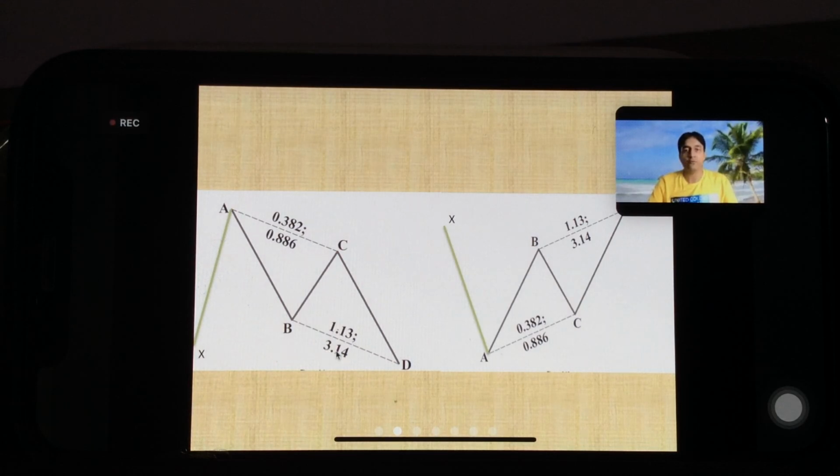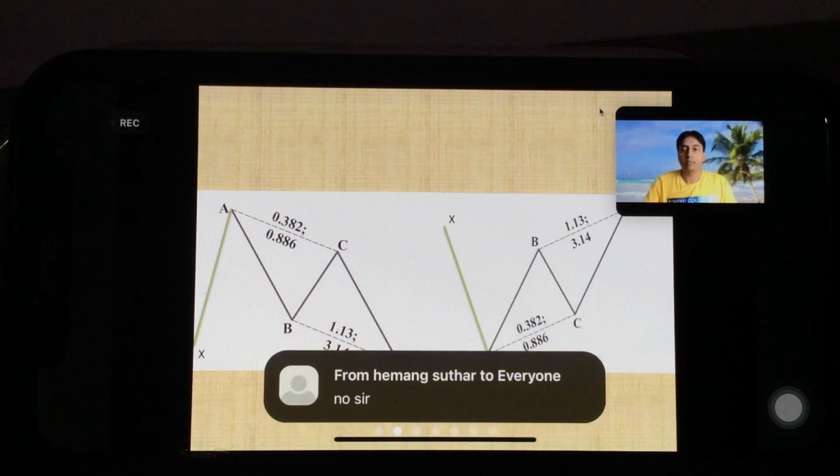I always say, look for BC projection in the table. So these are the BC projection levels. You are right, it's an extension of the AB move. When we plot the Fibonacci extension from ABC, whatever levels we get will be the extension. But if I plot the Fibonacci retracement from B to C, then we will be looking for the extension. Clear? Any confusion in this? Right. Okay.